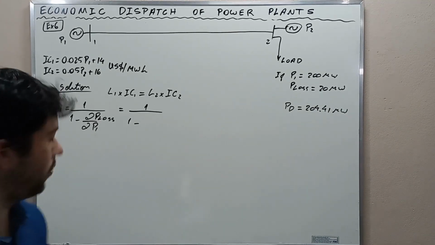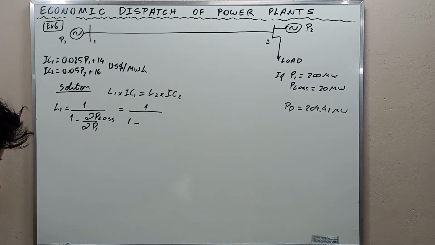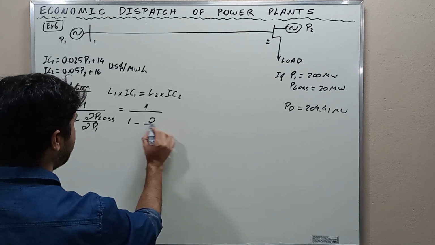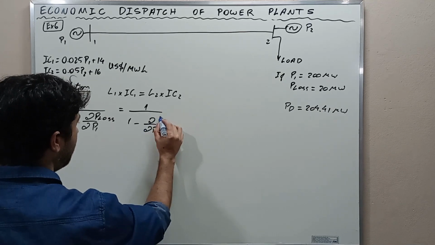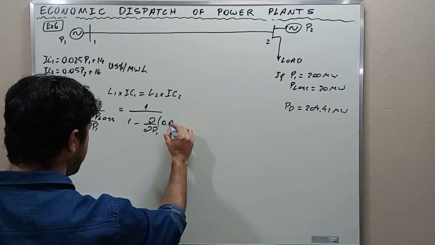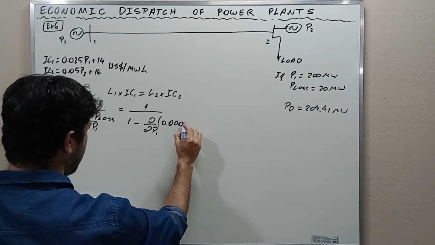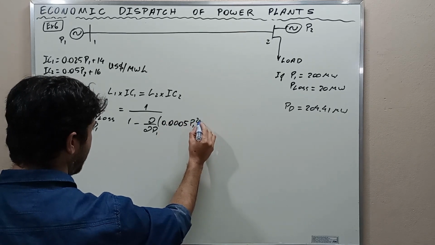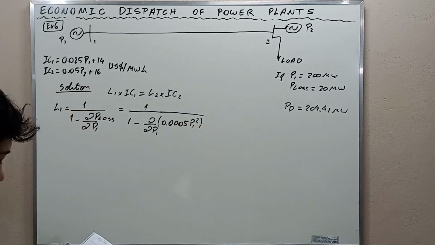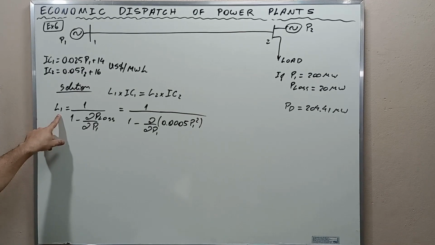It was here, I erased it, and it is going to be the partial derivative with respect to P1 of that expression. The expression was 0.0005 P1 squared, okay? And when we take the partial derivative of this, we find the penalty factor for